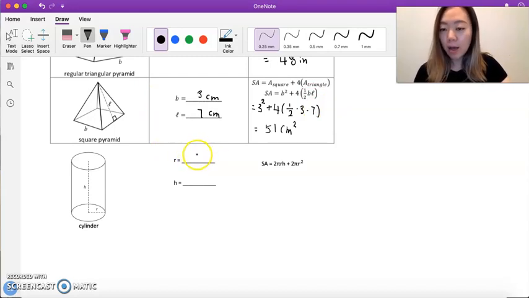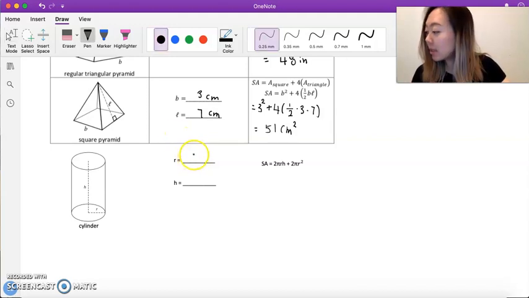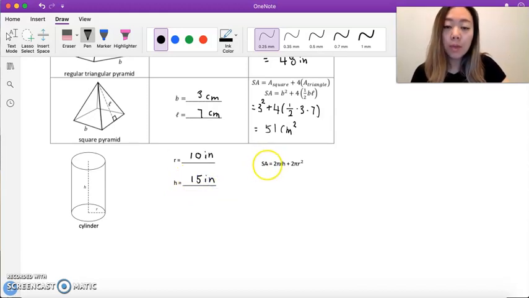Okay. Last one is a cylinder. Cylinder is radius and height. If we say radius is 10 inches and the height is 15 inches, this is a formula. Surface area is equal to 2 times pi times radius times height plus 2 times pi times r squared. So plugging it in, that is 2 times pi times radius is 10 times 15